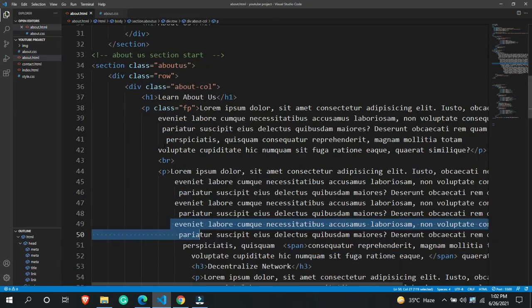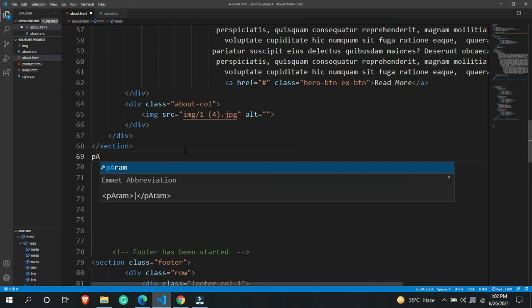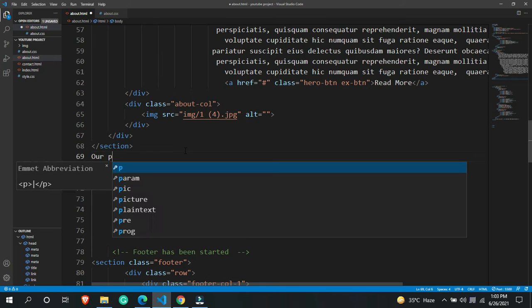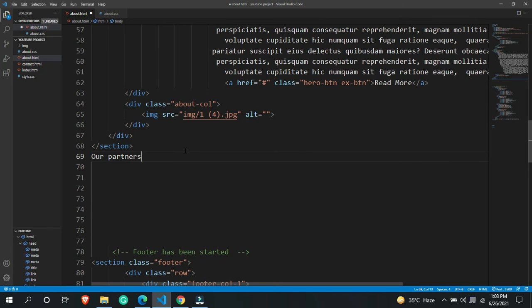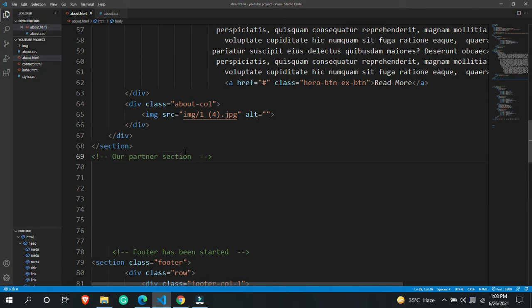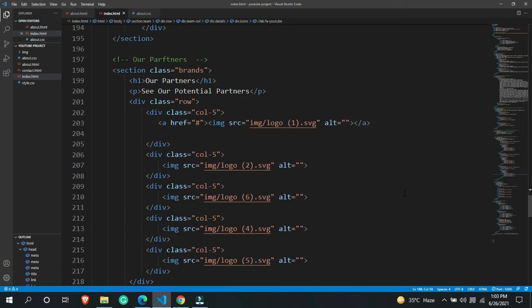Then after that, I'm going to add a partners section, our partners section. I wanted to add this particular thing, and you just need to simply go over here and grab some of the code that is related to the partner section.